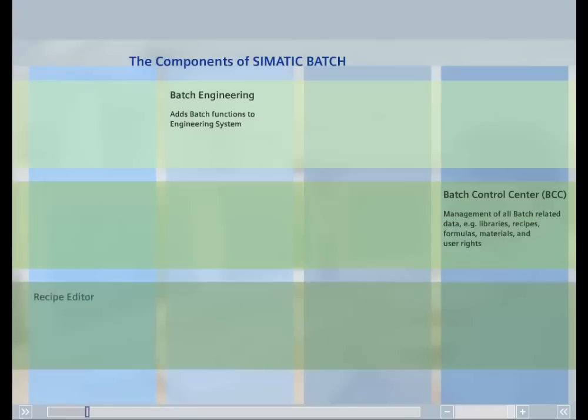The Recipe Editor provides a graphic user interface for simple, intuitive creation and modification of master recipes and library operations. Recipes are built using the recipe building blocks developed during the configuration of the process hierarchy in SIMATIC Manager. The Batch Recipe Editor can be started from the Microsoft Start button or from Batch CC. The Recipe Editor is installed and operated on the batch clients that you want to be able to use to